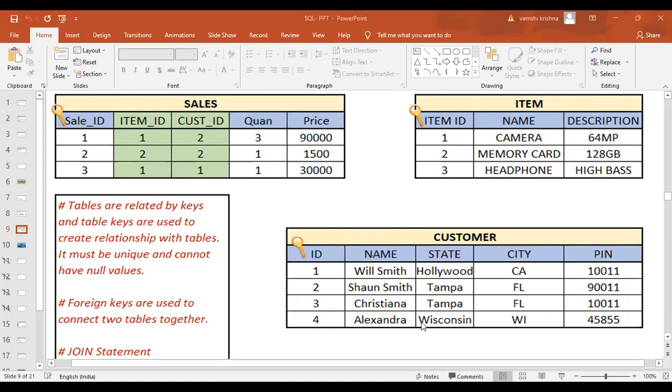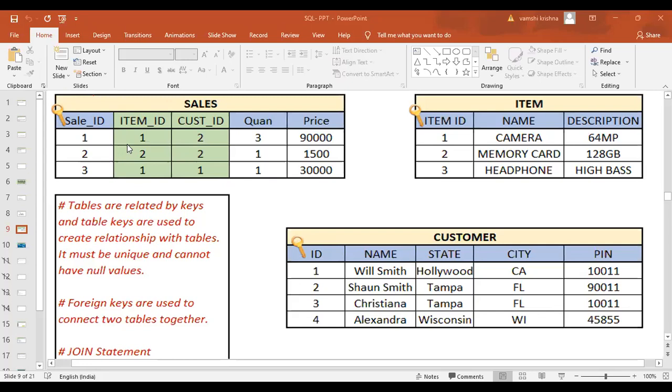Now, the foreign key that you mentioned, ma'am. I'm just confused about the foreign key. Foreign key is foreign, meaning it came inside from outside. A foreign key is not an original key. Now, if I want to get how much Will Smith has purchased, I am introducing it into this record only to get that concerned data.